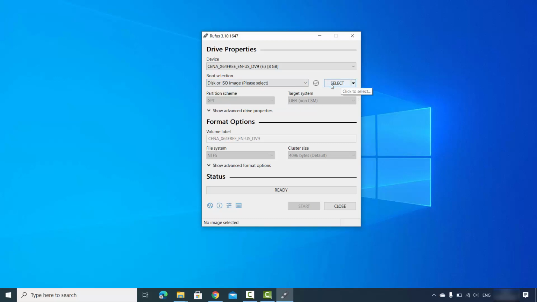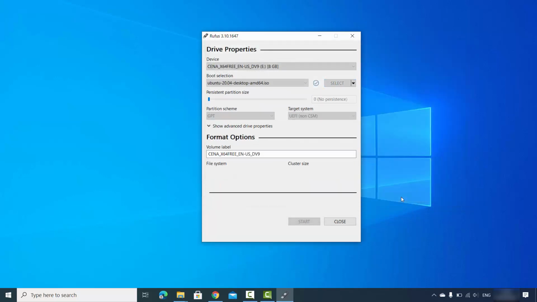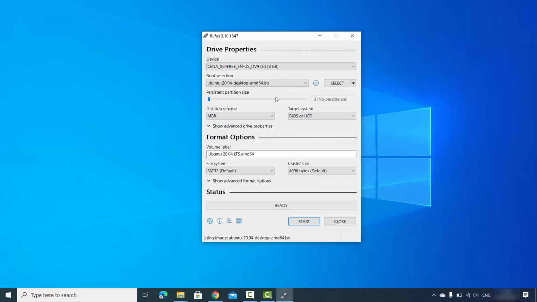And then we are going to click on this select option. So just click on select option and then give the path of your ISO file where your ISO file is downloaded on your Windows operating system. So as you can see, my Ubuntu operating system ISO file is located here. So I'm going to just select it and then click on OK, which is going to just import this file